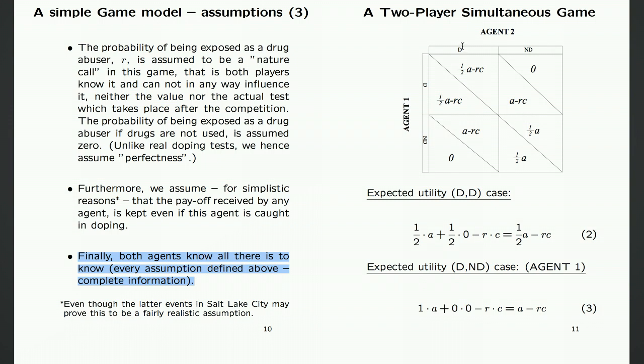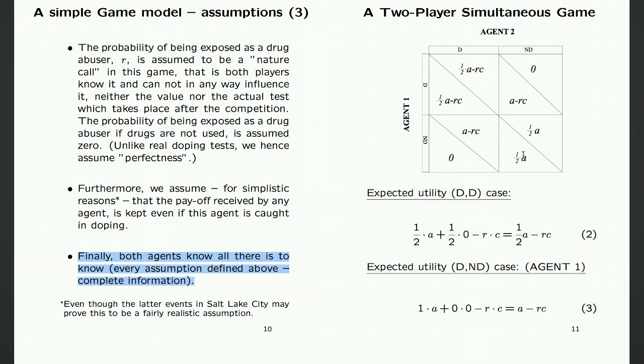If one of them takes drugs, if you look at this square here, then we immediately understand that the player who does not take drugs will lose with certainty, so he will get nothing. He will not be exposed as a drug user, and he will not take any part of the prize. But in that case, the doper wins. Recall the assumptions, and he gets A with certainty. But of course, he also bears the expected cost of being exposed. Of course, the other way around for this square. So that explains our normal form of the game, and there are some small calculations here stating more stringently how this can be done.